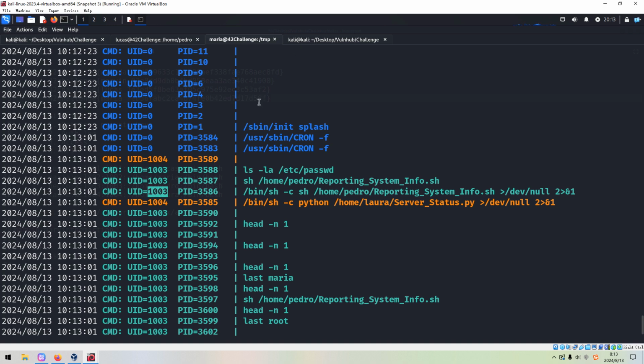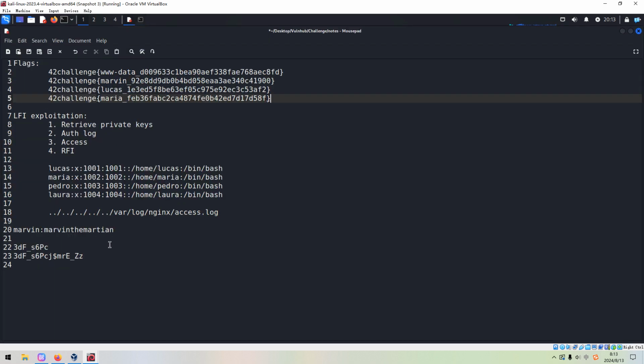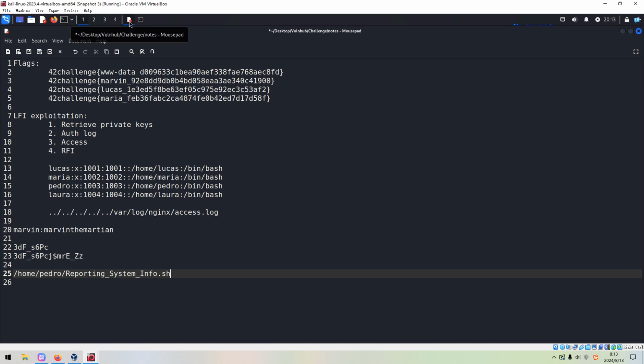Sorry, so this should belong to Petra, and also another job is running. So I think we can manipulate these two, a shell script or a Python script, to make another movement.